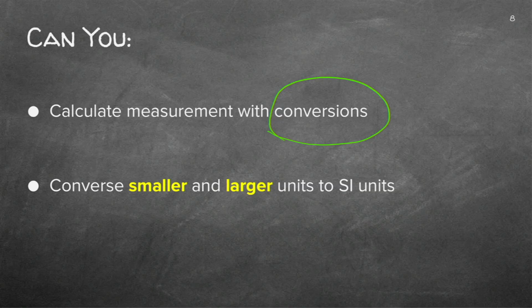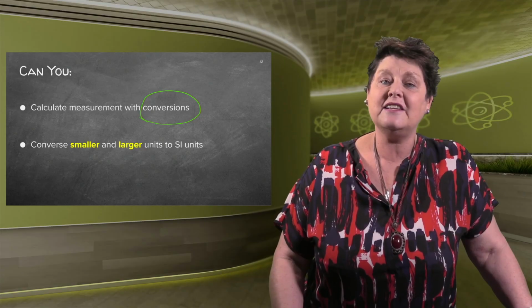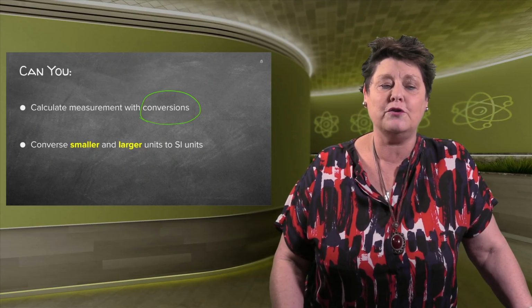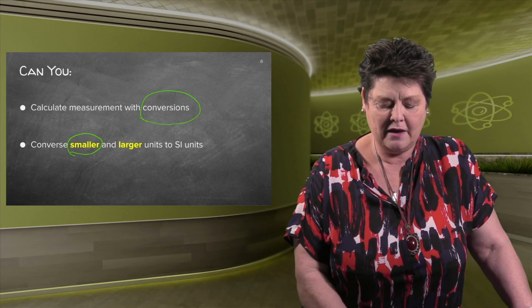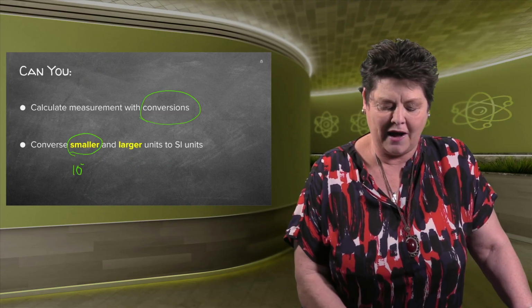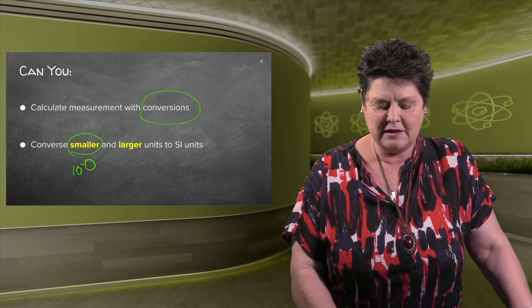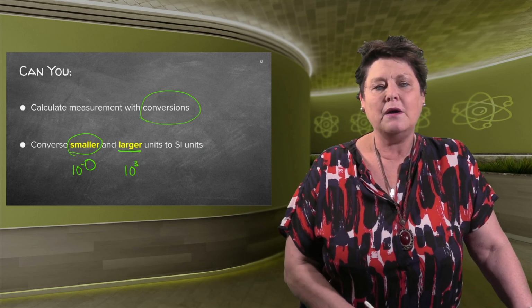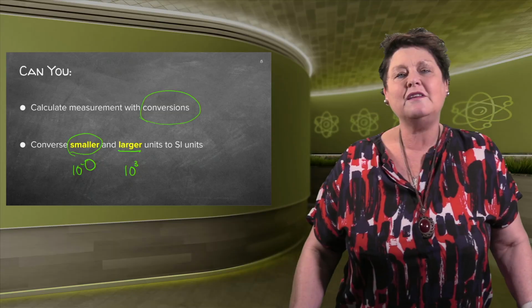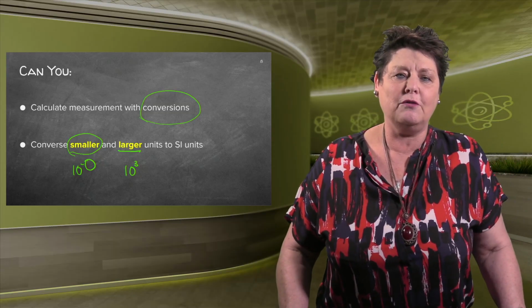Please practice this a lot, because you are going to use it in most of the physics you're going to convert, and in almost all the calculations in stoichiometry, in chemistry, you are going to use conversions. You have to be able to see if it's smaller. If it's smaller, it's usually divided with a power. And if it's larger, it's usually multiplied with a power. Make sure that you know what the difference is in terms of units.